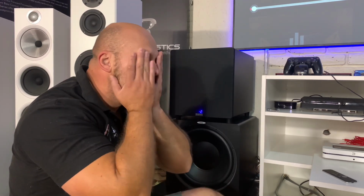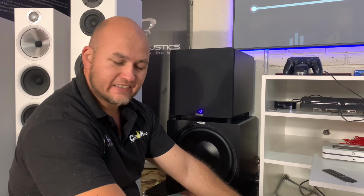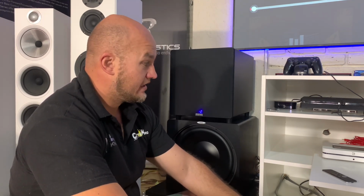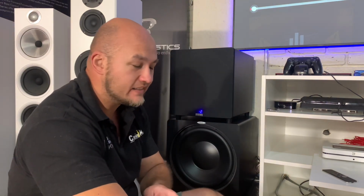Having had the previous gen Impact, I wasn't expecting much because those were just okay. They weren't groundbreaking, but they would give you bass. These new Impact Xs are so good. I can't begin to describe it to you. And this subwoofer retails in South African rand